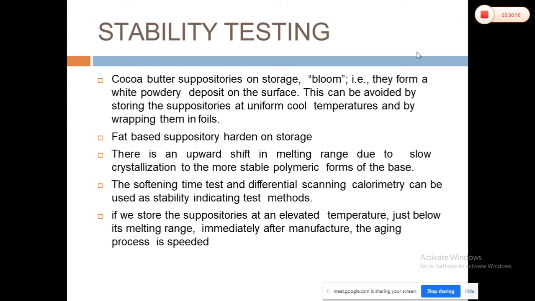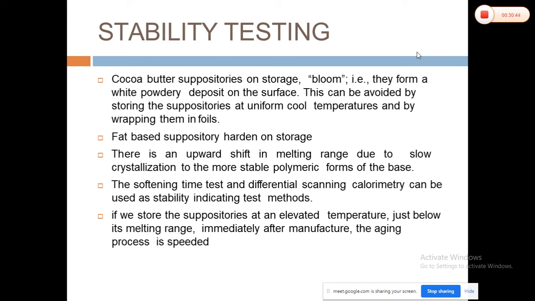So the stability of suppositories must be tested. The simple test that you have to carry out means you have to place your suppositories at specific climatic conditions, like maintaining the temperature as well as the humidity, and check whether any changes occur in those suppositories. You have to observe whether the stability of your suppository gets affected because of the temperature or not.